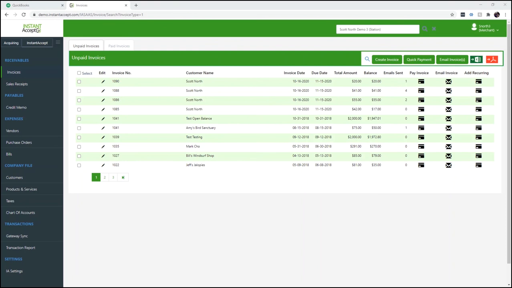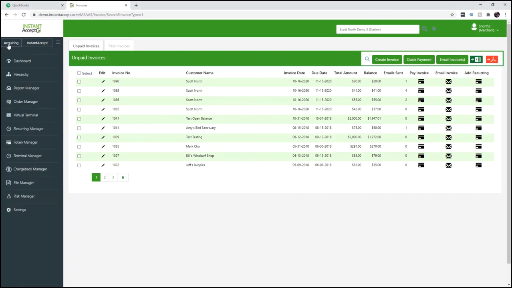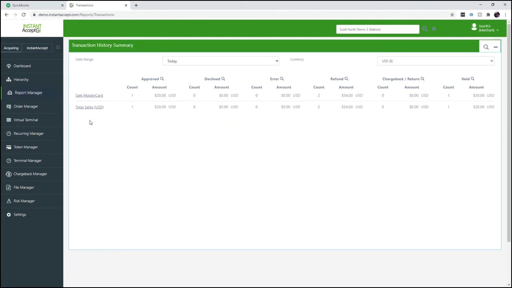Now that we have processed, we will go over how to pull reports and look at the transaction history for today. So we'll go back to the acquiring side of the menu. We'll go down to Report Manager this time, and we'll choose Transaction History. It's going to show us the transaction history for today. It's going to give us a card-by-card transaction breakdown, and then list our total sales, and list what type of transaction it was. We can drop down the date range